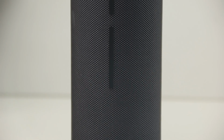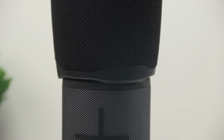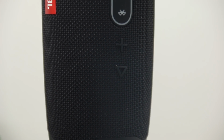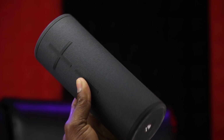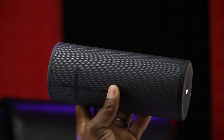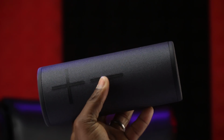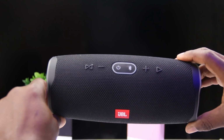So if you're looking for the loudest of the two, that will be harder because the speakers are about the same when it comes to loudness. The Boom 3 might seem to be a little bit louder, but if it is, it's not that much. So what I'm trying to say is when it comes to loudness, the speakers are about the same. But putting that to the side, the two speakers have completely different sound signatures, and that is possibly explained by the fact that this is a 360 speaker, whereas this is a mono speaker, directional, so it has a completely